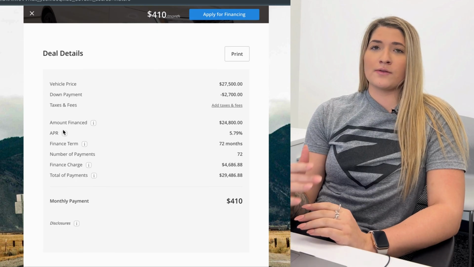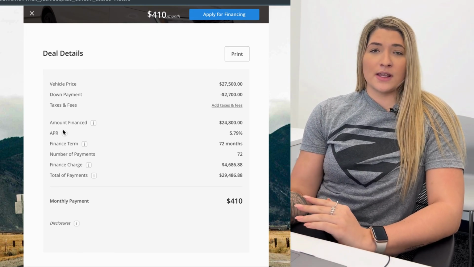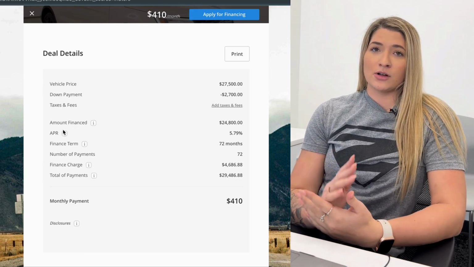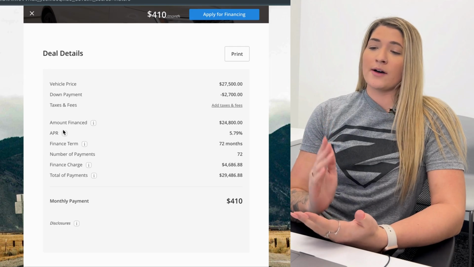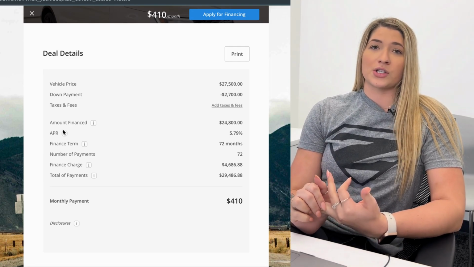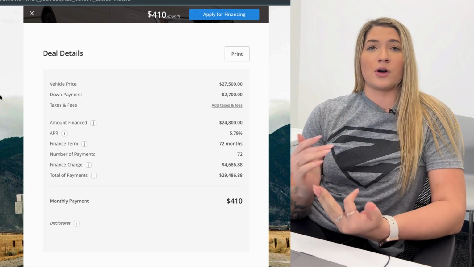and then I'll just go over the vehicle price with you, your down payment, whatever you selected, your taxes and fees, amount financed, your APR, and keep in mind this is all just an estimate. We'll have a more solid answer for you once you either come in and sit down with finance, or once we have finance actually reach out to you, or go over your credit application with you over the phone, online,